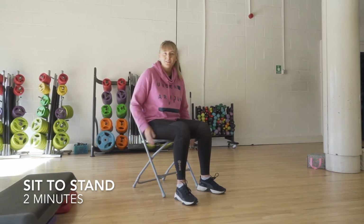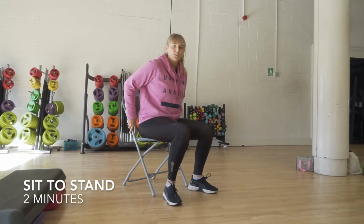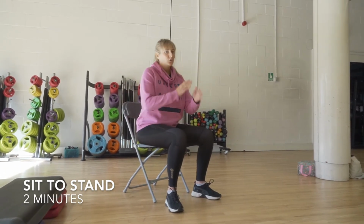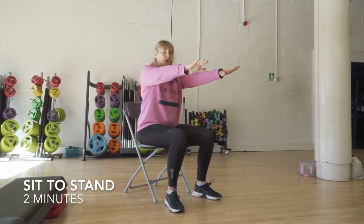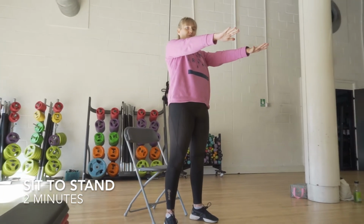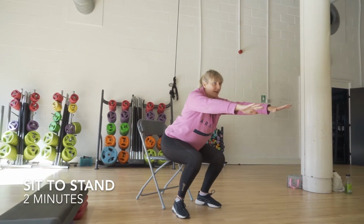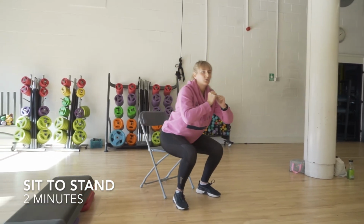So we're going to start by sitting on a chair. We're going to shuffle our bottom towards the edge of the chair with our feet about hip distance apart. Crossing the arms across the chest or bringing them straight out in front of you, you're going to squeeze up through your bottom muscles, leaning forwards, coming up into a standing position. We're then going to slowly lower your bottom back down to sit in the chair. Okay. We're going to repeat these